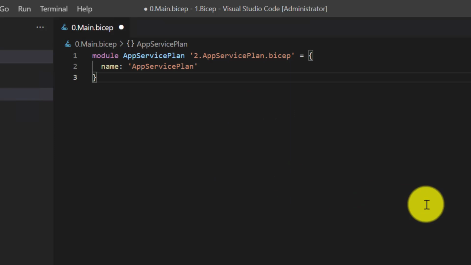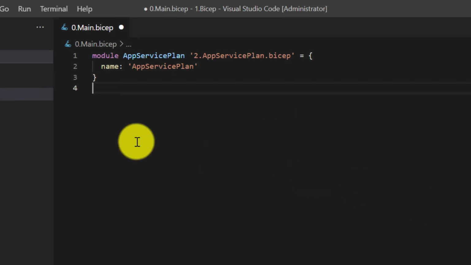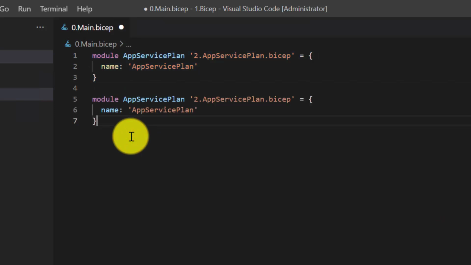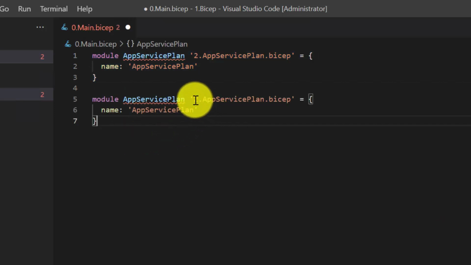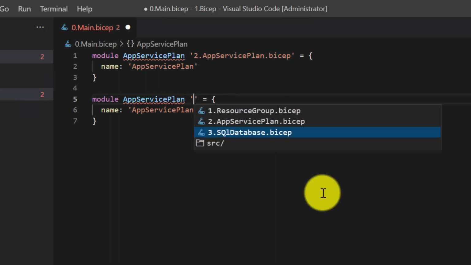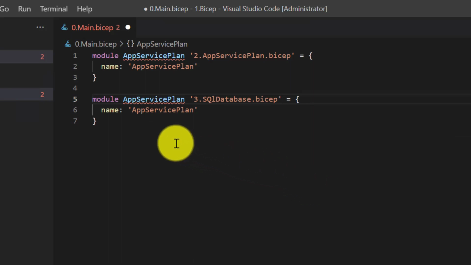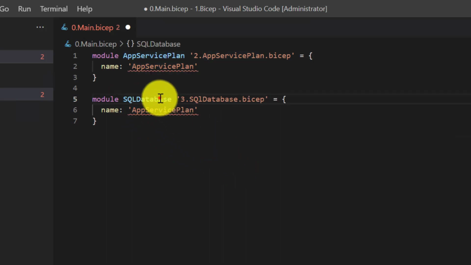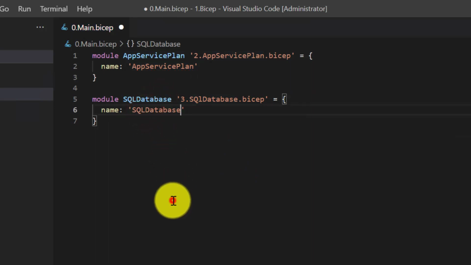Let's do the same thing for module 2. So let me copy paste, and then choose the module file path, and then rename the symbolic name and replace the name as well.